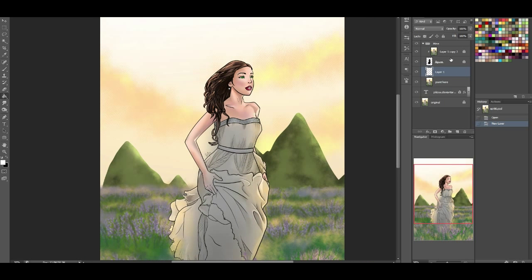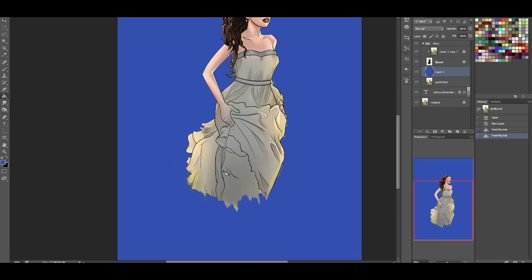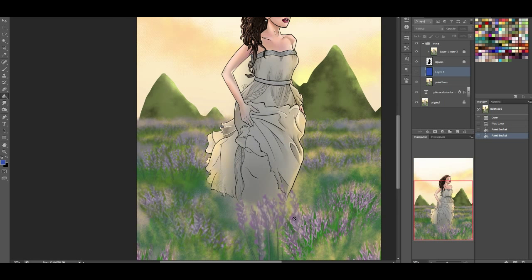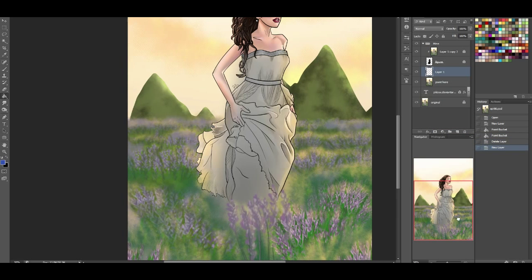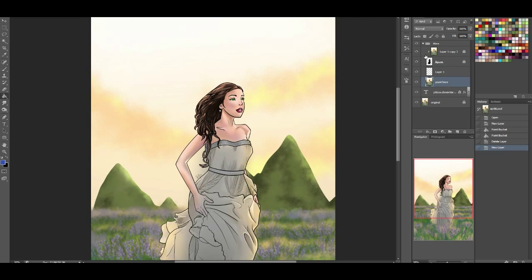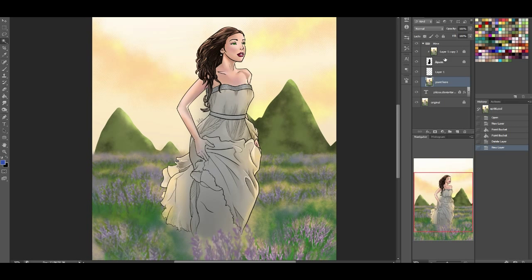So I quickly masked off this figure so that, as you can see, we're just going to be painting behind the figure. I kind of just fluffed the bottom of the dress there because it kind of disappears into the, what, are these violets, I think? I think they're violets. So that is what we're going to be doing here. We're going to be going down here and working on all this. I think the other thing I'm going to do, actually, is disappear the figure